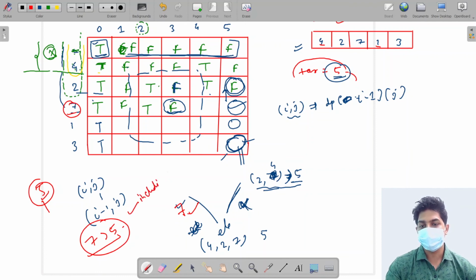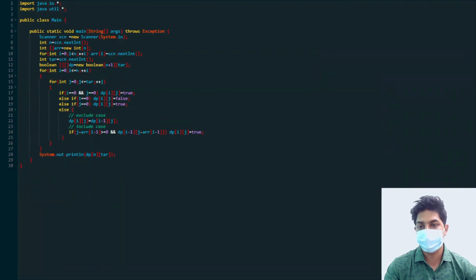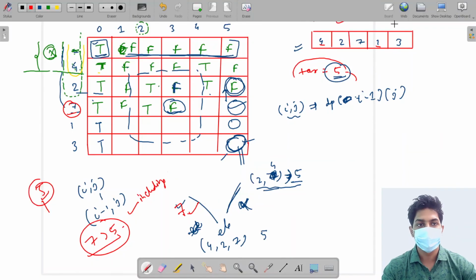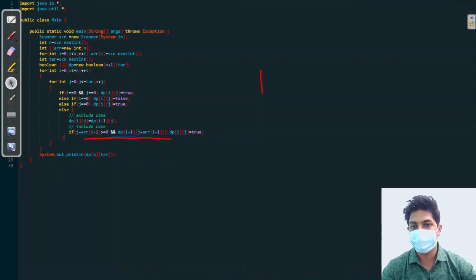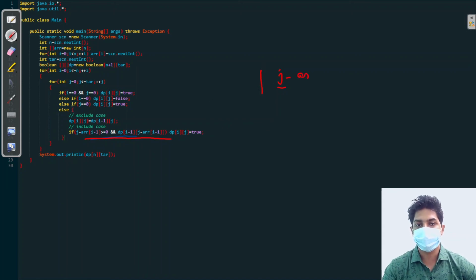This is the check we have to make here also. If I want to make sum equal to j, where j denotes the sum, and j minus the element I am including is greater than or equal to 0, then only can I include this element.